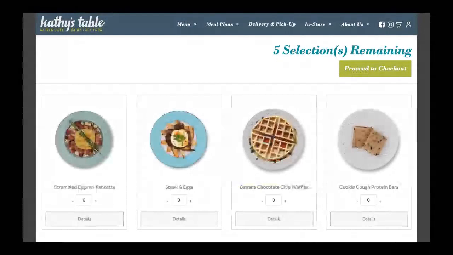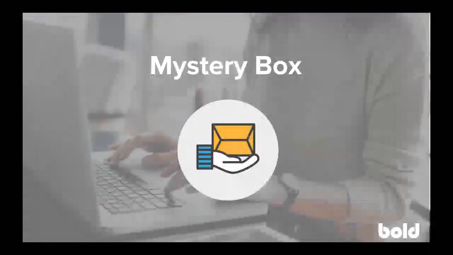The next, and this is one of the most trendy, is the mystery box. So this is almost a polar opposite of what I just talked about, where somebody will subscribe to a subscription box, which is a box containing a bunch of items from your store, but it's a mystery. They don't know what's inside that box. And it could be items that are regularly available on your store. It could be limited edition items. Who knows? It's a surprise.